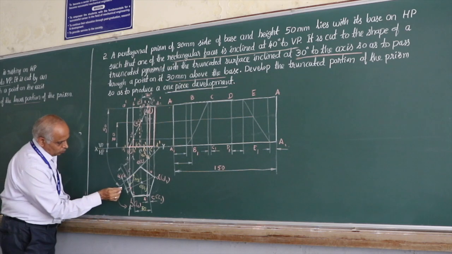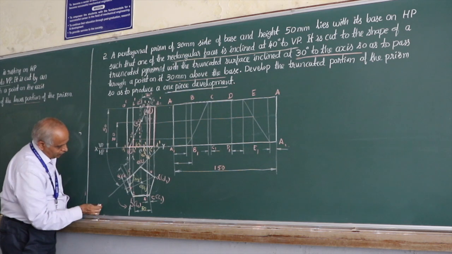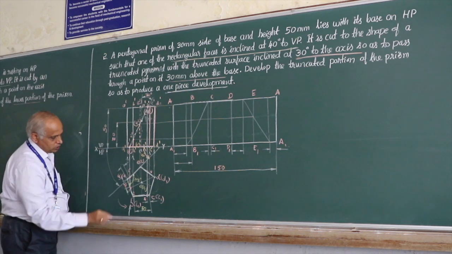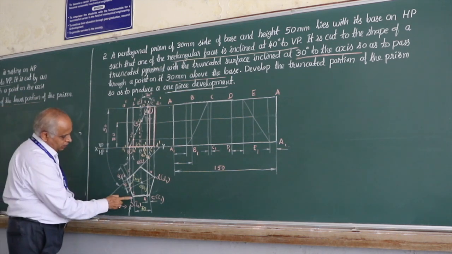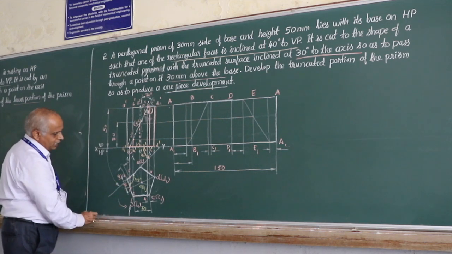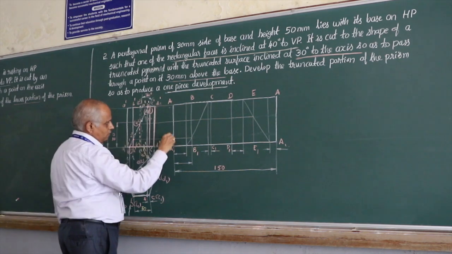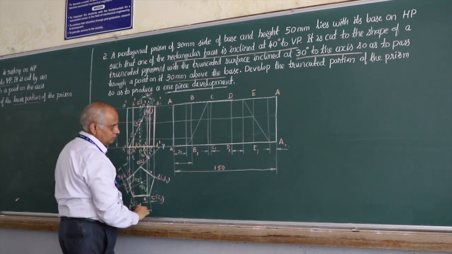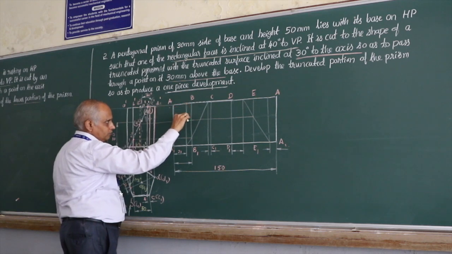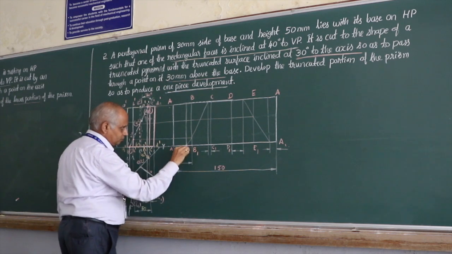So here, you notice that from A to section point 1, there is a value of 21 mm if you measure it in this problem. So measure this value, you will get 21. So on the vertical edge A1 through A and B, I need to just locate a line at a distance of 21 millimeters from A. So go to vertical edge A1, take 21 millimeters here and you get this line.